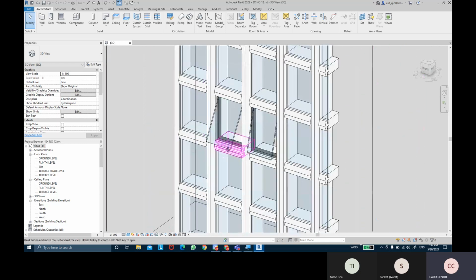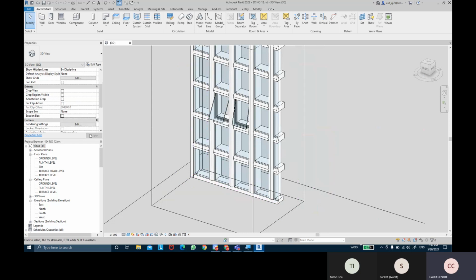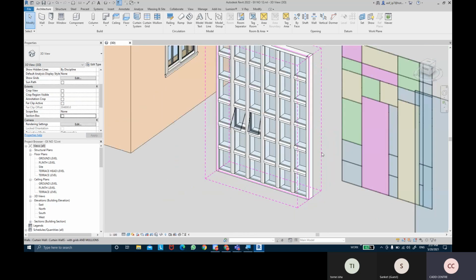Okay. Suppose we're going to add today a door, the glass door, in the curtain wall system.